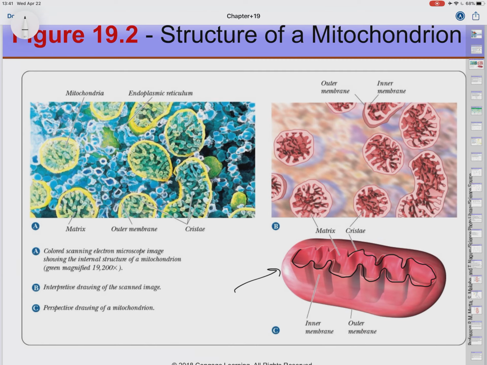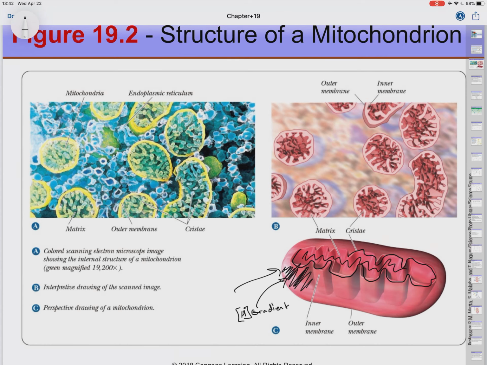Inside the inner membrane, and I don't mean in between the inner and outer membranes, that's called the intermembrane space, and that's going to be the site of our pH imbalance. That's where we're going to have our hydrogen gradient that's building up when we pump protons across them into the intermembrane space. That's next chapter. But the inside of the inner membrane, so basically the very center of the mitochondria, is this